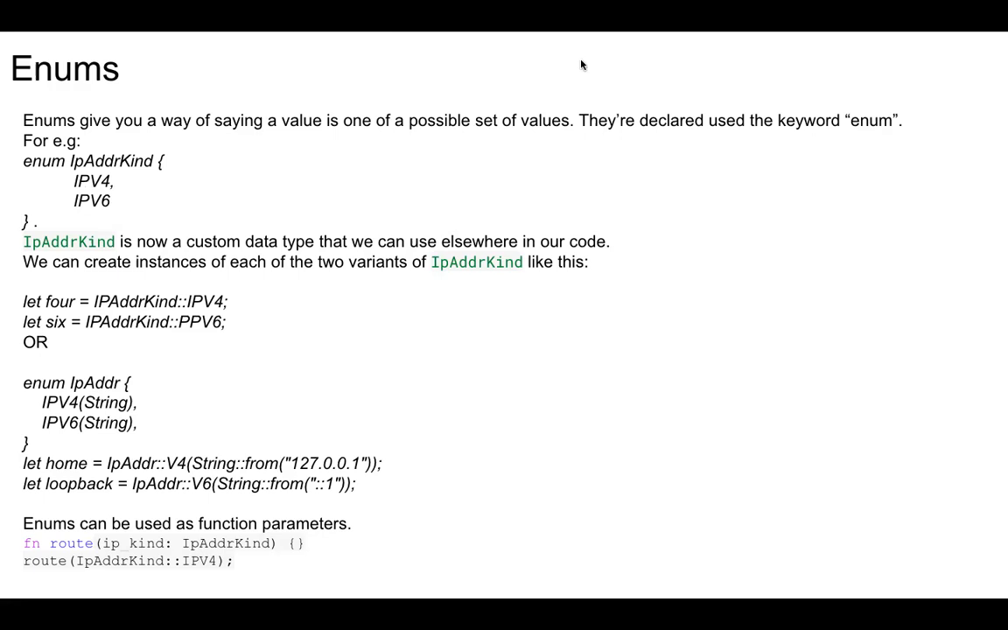The keyword used is again enum in Rust. Enum followed by the enum name, curly braces, and the possible set of values. Now it's a custom data type, okay, which we can use anywhere in our code. We can create instances of enums using double colon. See here. So you have IP, the enum name and its type,